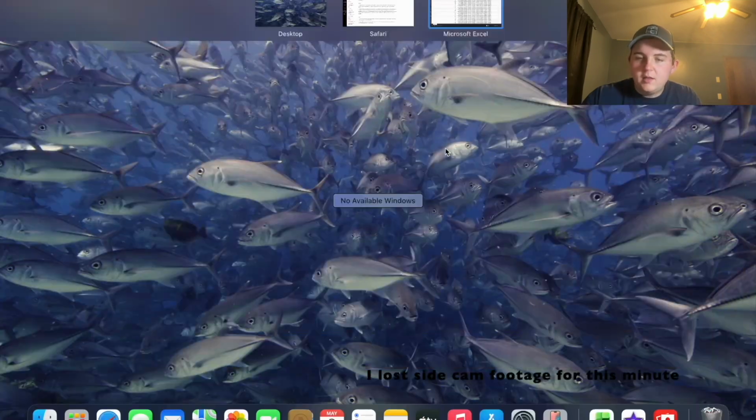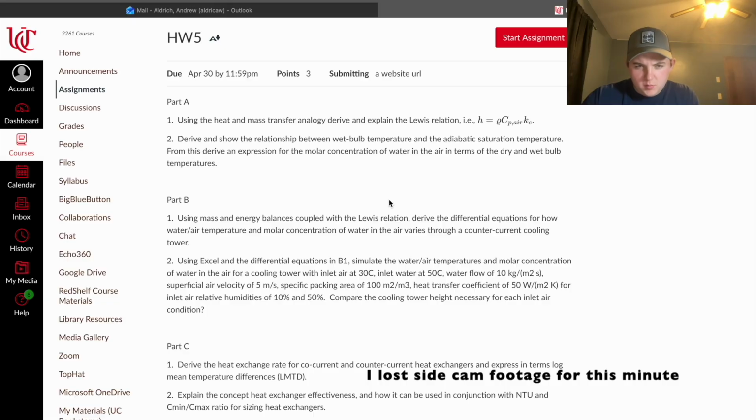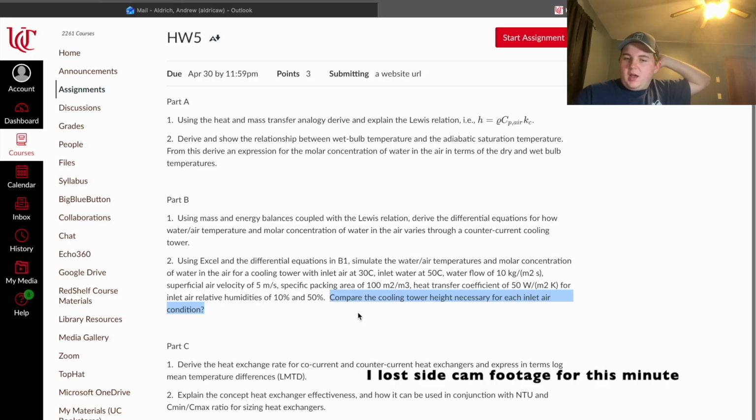So finally, the last part of the homework would be to compare the cooling tower necessary height for each inlet condition. And basically what this is getting at is the